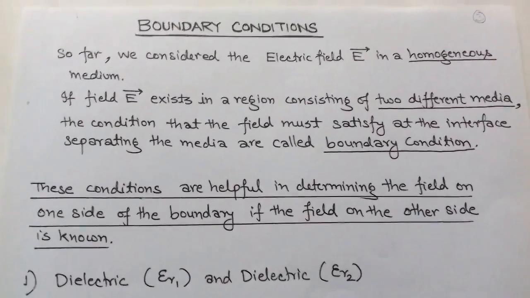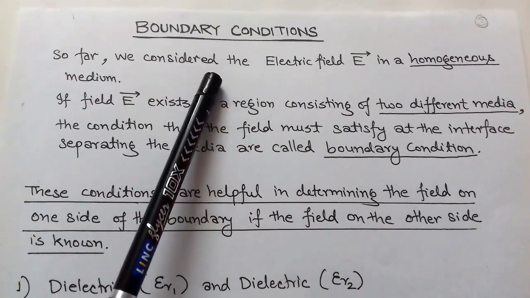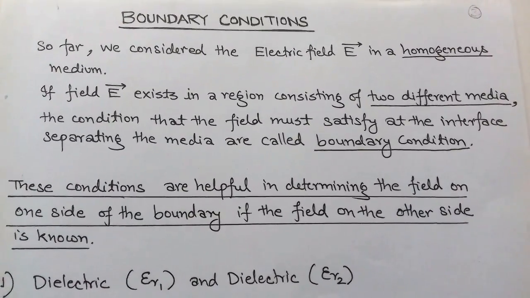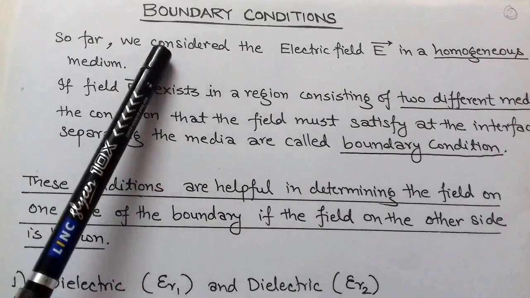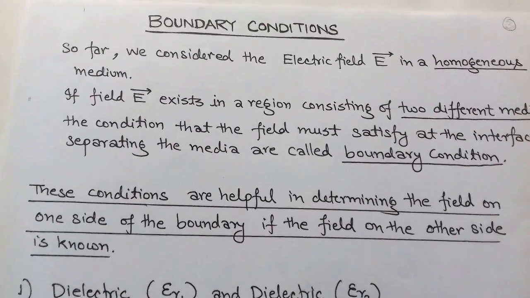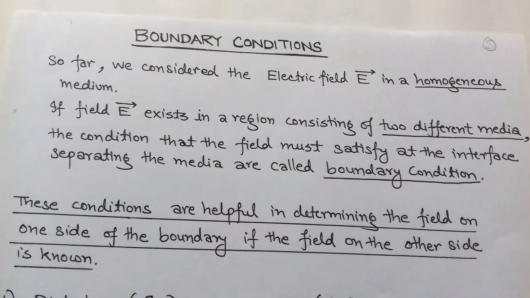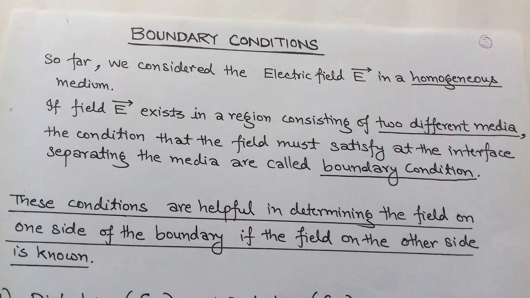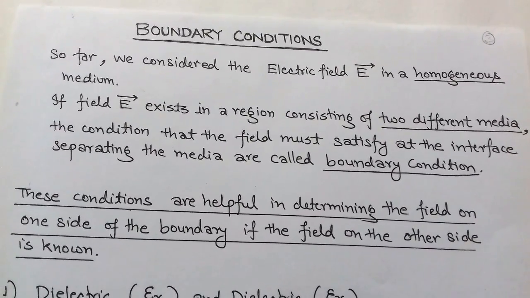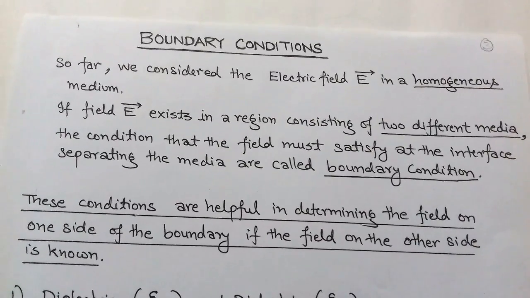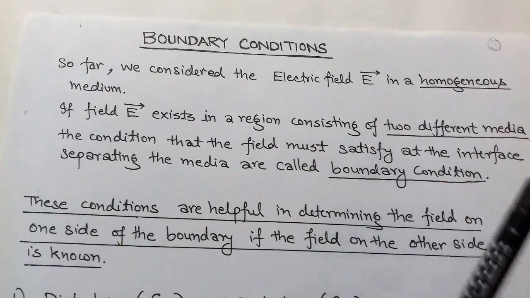The topic is boundary conditions. Till now we considered the electric field in a homogeneous medium, meaning we considered the electric field in dielectric only, or conductor only, or free space only, meaning only in one medium. Now if we talk about the electric field in a region consisting of two different media,